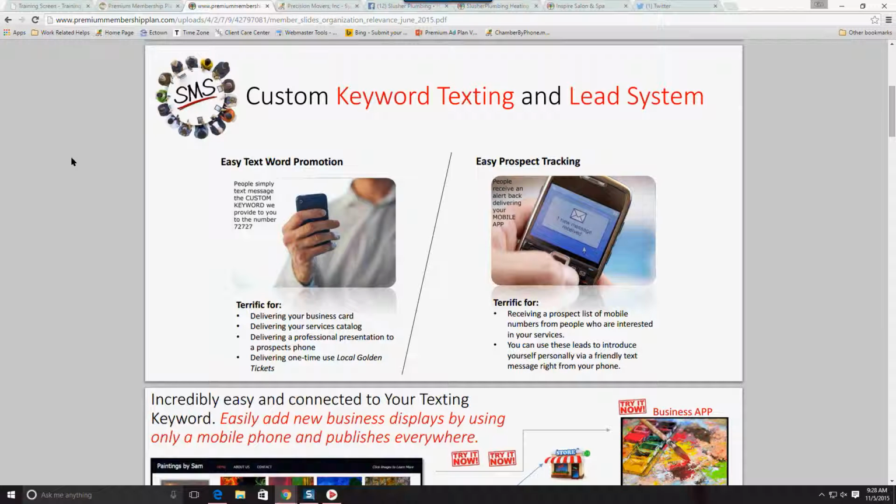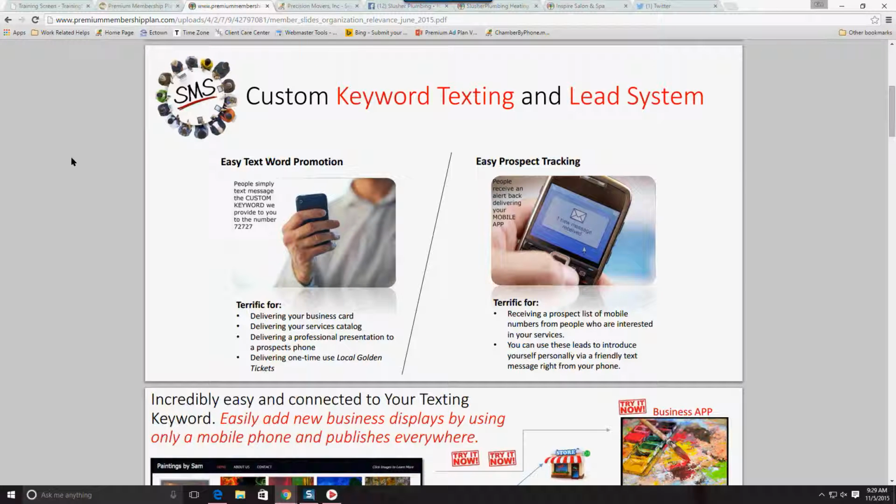But this keyword feature also creates a lead system, which every time a person texts your specific keyword, you will be notified that somebody has actually texted your keyword. You can choose to receive it via text message. For instance, you would receive a text message with a cell phone number, and that indicates to you that that specific cell phone number texted your keyword and just tried to get information. Or you can receive it as an email. Now, you will only receive a phone number. You would not receive a person's name or anything like that, because that would not be accurate.